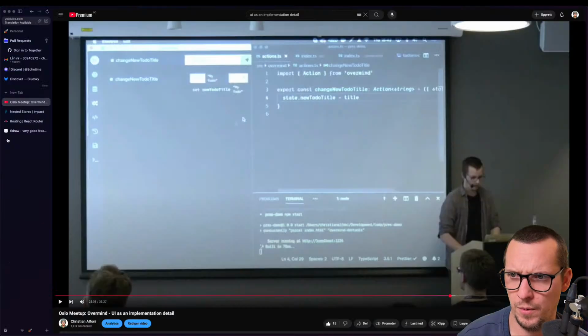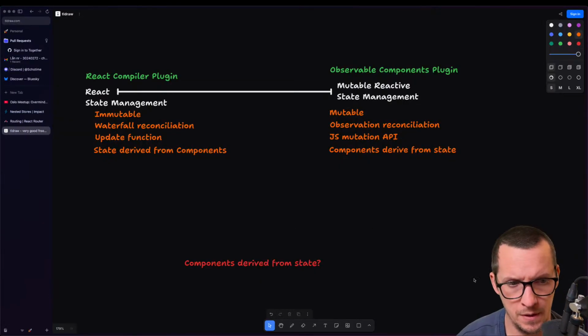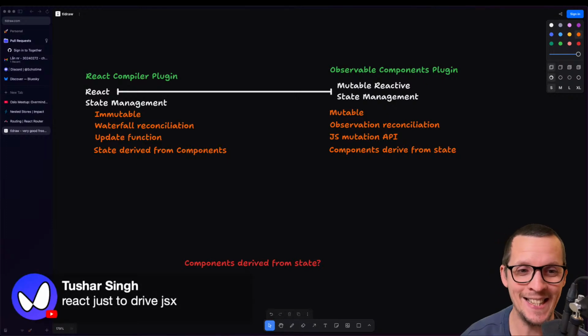Here we are. Yes, I like that statement. Exactly, React is about the JSX, right? Exactly like that. And you can still consume the full ecosystem of React, right?